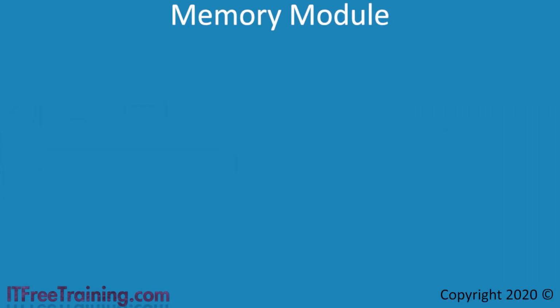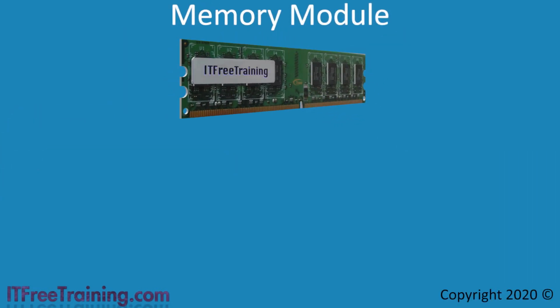In computing, a memory module is essentially a printed circuit board with memory chips mounted on it. In the early days of computing, these memory modules were proprietary in design. The proprietary design meant that the memory module would only work on a certain computer and a certain model of that computer. As time went on, memory modules were standardized. This allowed memory modules to be used in any system that was designed to use them.